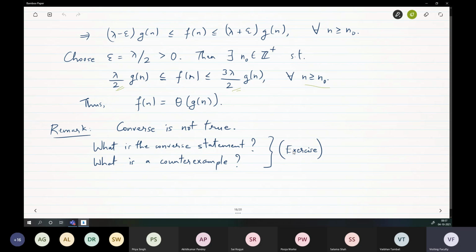Is that okay? Yes, sir. And the examples are very, very simple. Think of extremely simple examples. Don't complicate yourself. We have looked at extremely simple examples in the big O, big omega, little o, little omega case. Work with just those examples. The answer is there itself, more or less. You just have to think about it a little bit.